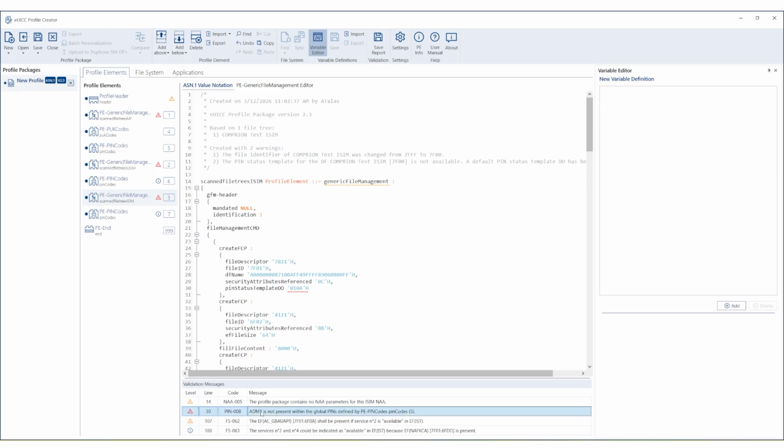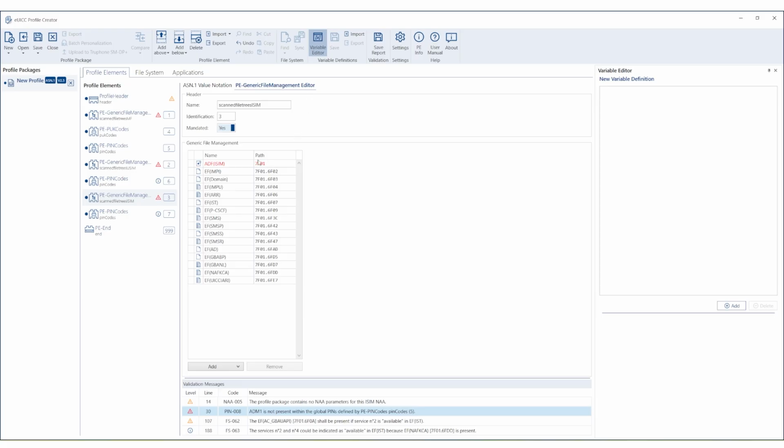Second one, it's saying that ADM1 is not present within the global pins defined by the PE pin codes. It means that the pin status template DO needs to be changed. It should not contain the ADM1. So I choose to change it in the editor view, clicking on this, going into the ADF eSIM,